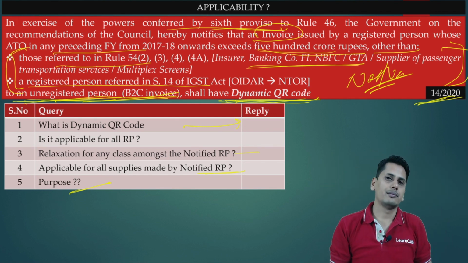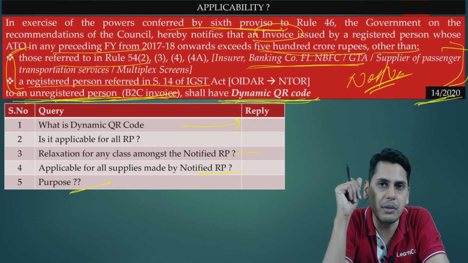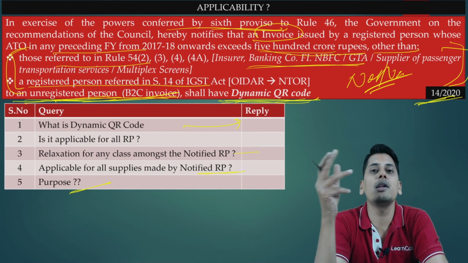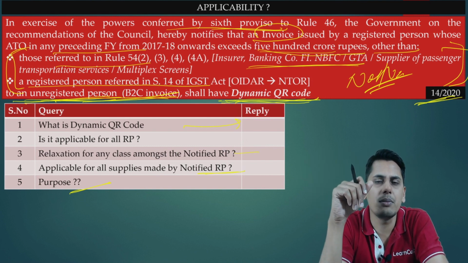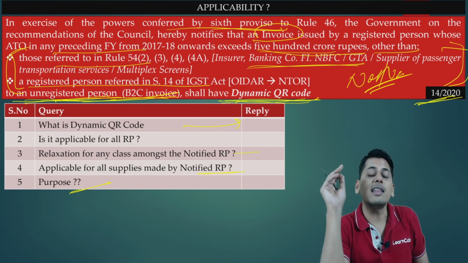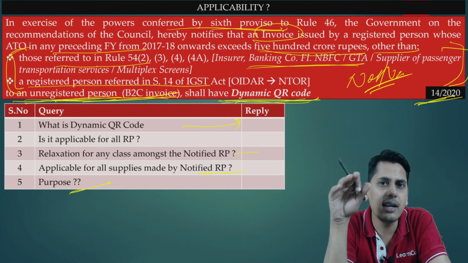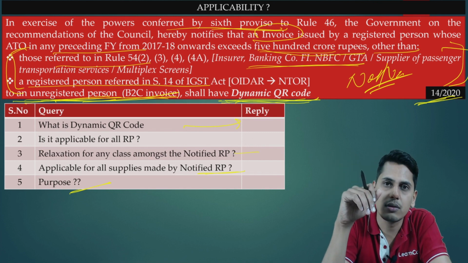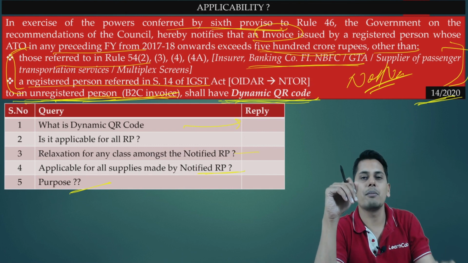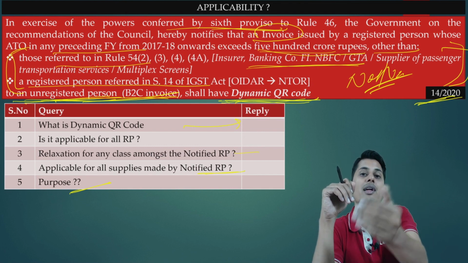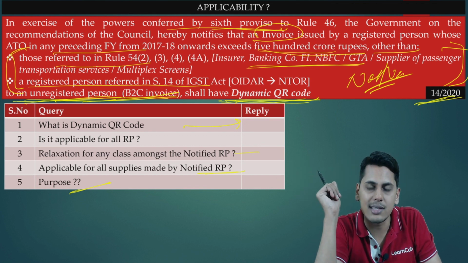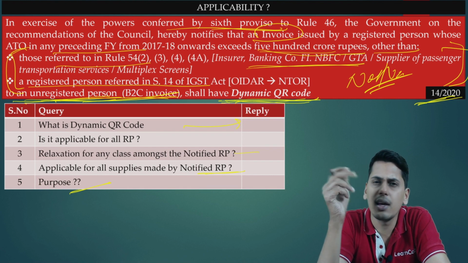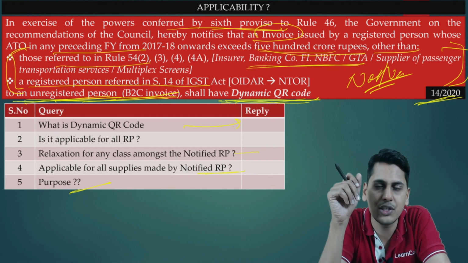Now friends, you may question, agreed that this is the intention of the government, but what is the incentive which is available with the end user so that he chooses digital payments? Now friends, please understand, can the government force the end consumer to make payment only using this QR code? The answer is no. There could be a QR code which is dynamic. The moment it is scanned, the amount would reflect and the amount can be transferred by the end user to the supplier. But is it mandatory for the consumer to do so? The answer is no. The consumer might want to pay cash.